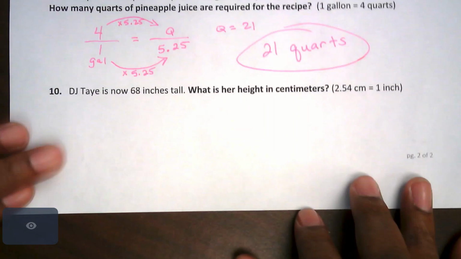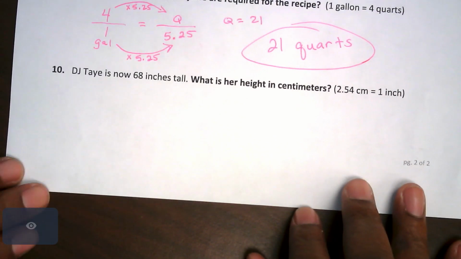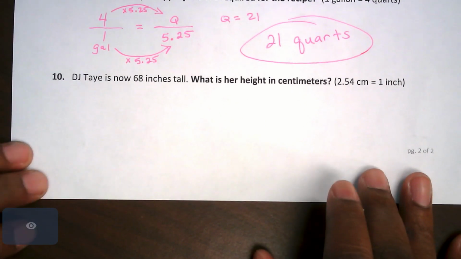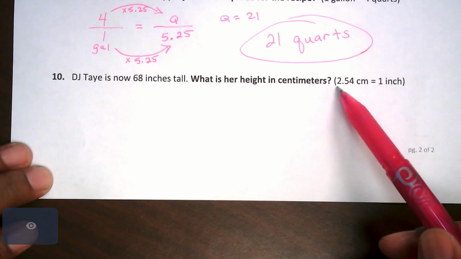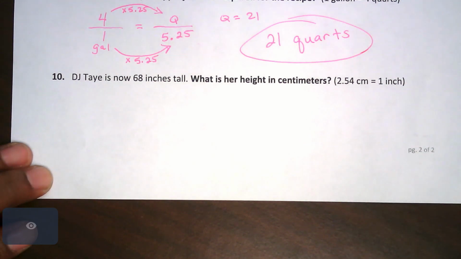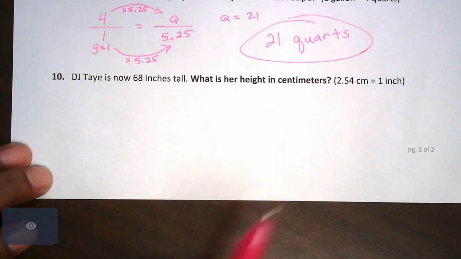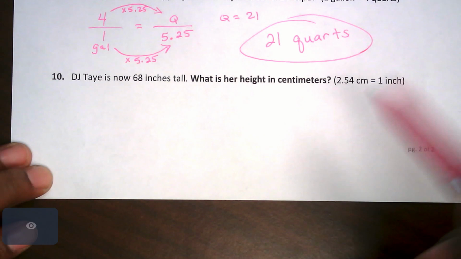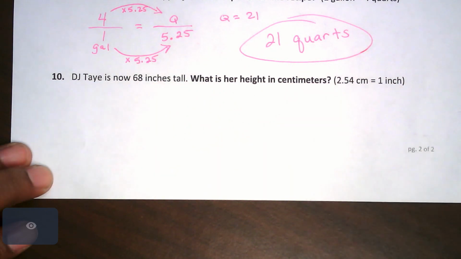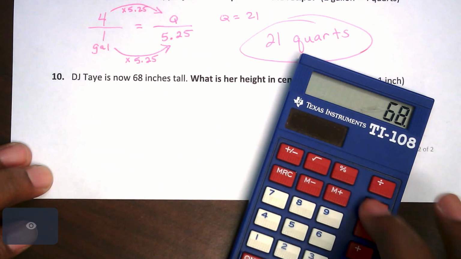Number 10. DJ Tay, whoop whoop, is now 68 inches tall. Yeah, I grew, okay? What about it? Okay, so what is her height in centimeters? And it gives us the conversion factor that 2.54 centimeters equals 1 inch. So that means if I have 1 inch, I multiply by 2.54. If I have 2 inches, I multiply that 2 by 2.54. 3 inches, multiply that 3 times 2.54. So again, that means that when I have 68 inches, I multiply by the